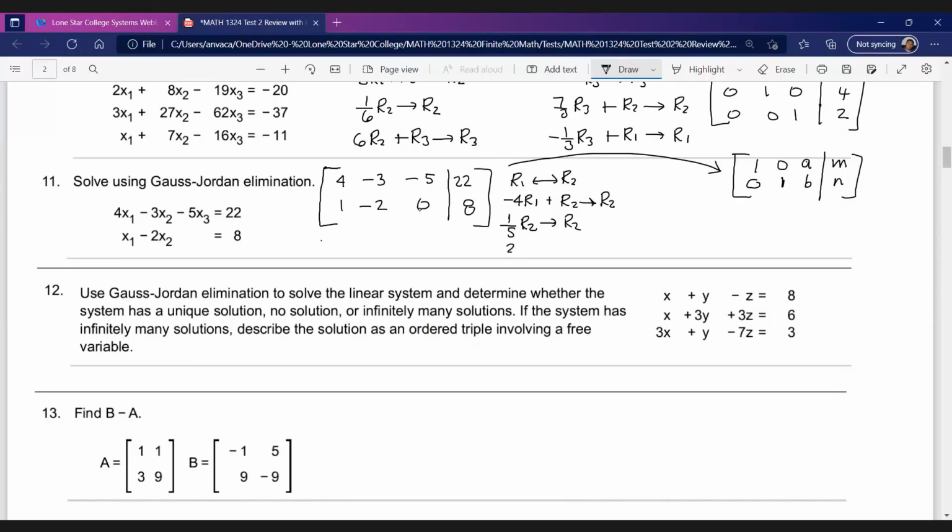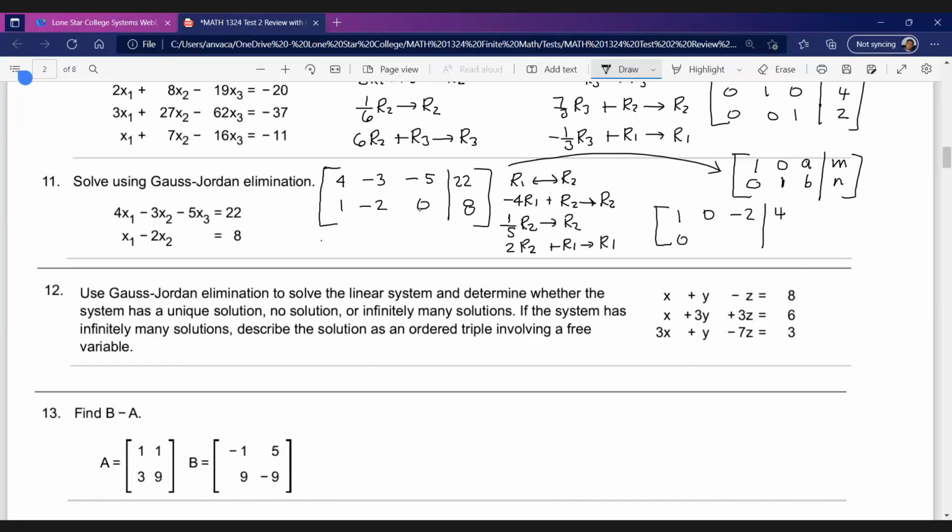Then finally we took 2 times row 2 added to row 1, and that becomes our new row 1. So therefore, this augmented matrix in row reduced echelon form is 1, 0, -2, vertical bar, 4,